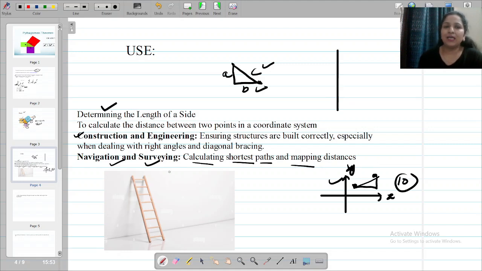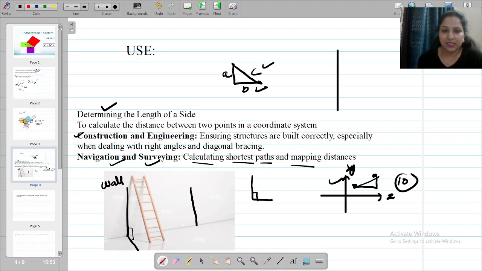I'll give you a practical application of this one here. You can see that it is a wall, right? I hope you are able to see this white wall, and there is a ladder here, and this ladder is leaned against the wall. Are we able to make out that this is the vertical line and this is the ground? The angle formed between the wall and the ground, is it 90 degree? You can have a look around in your house and you can easily make out if this is the wall and this is the ground, always the angle between these two is 90 degree.